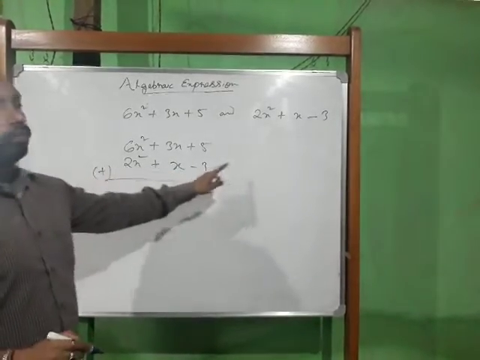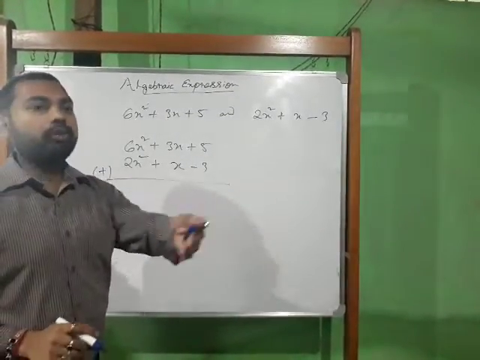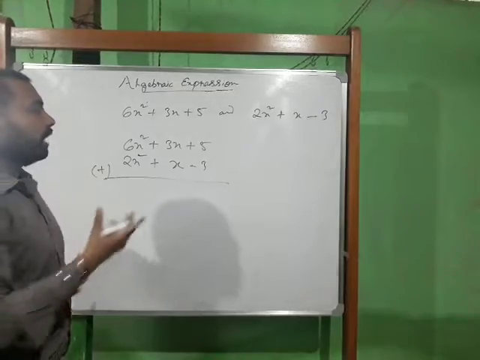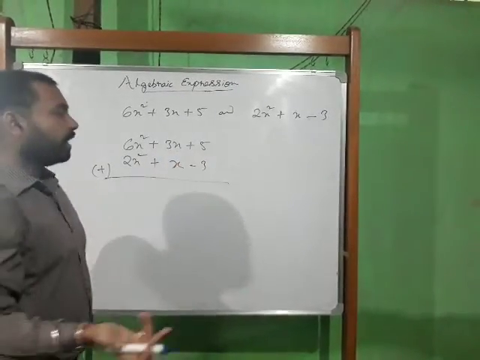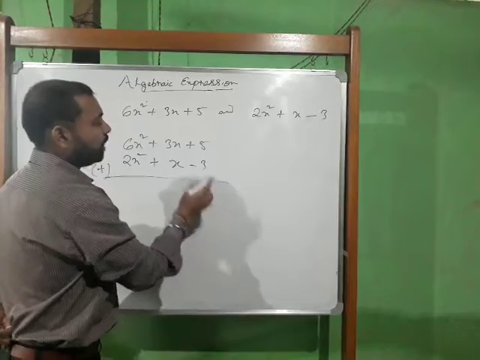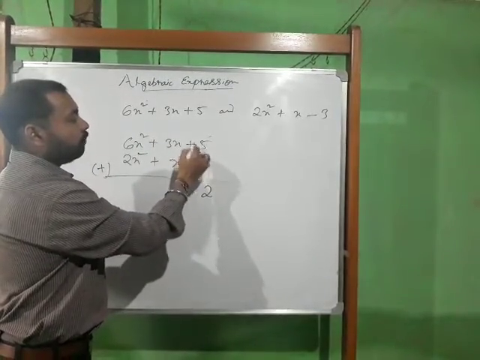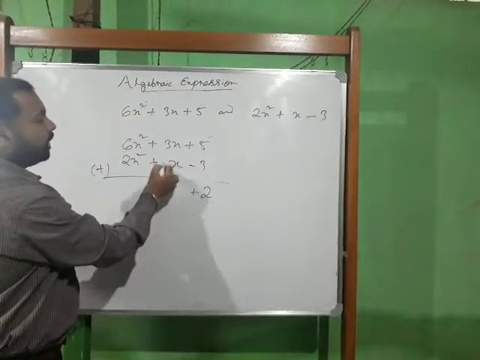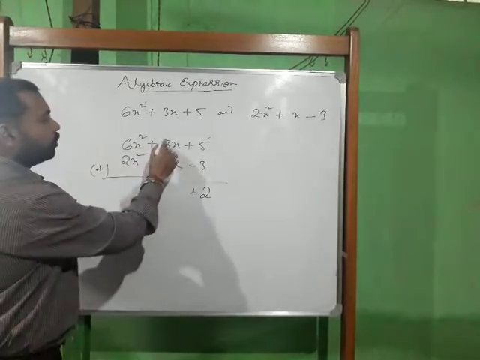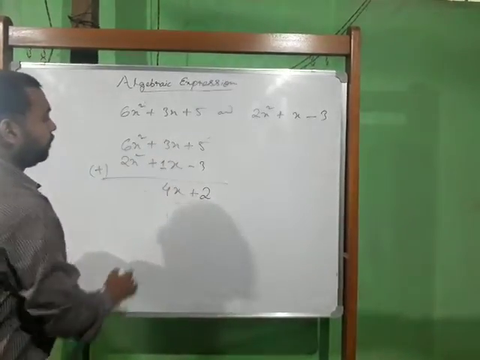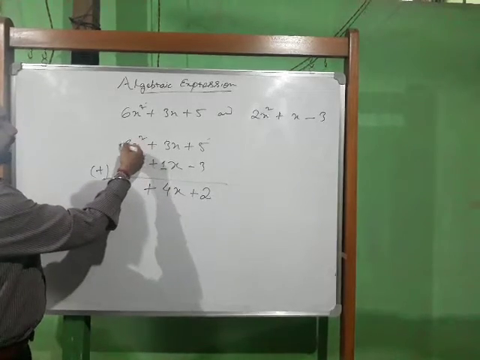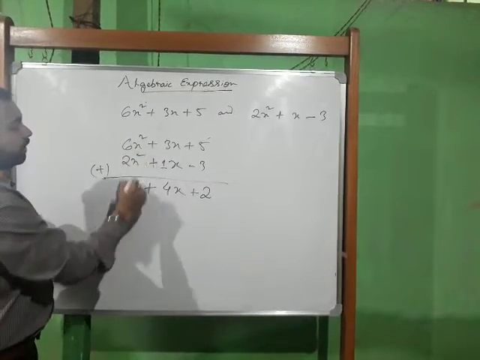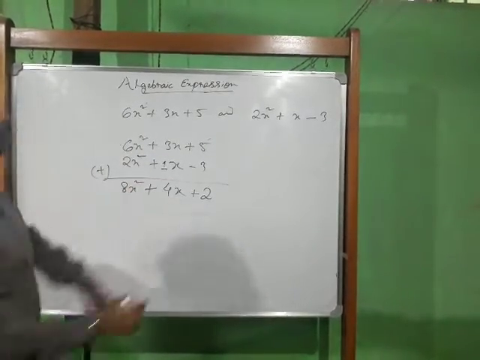For addition no sign will be changed. When we do subtraction it will be more clear to you. Simply add now. Plus and minus go with the algebra rule: plus minus is minus. So 5 minus 3 is 2, but 5 is greater, so we use the plus sign. Now again plus and plus will be plus. Nothing is written means the coefficient is 1. So 3 plus 1 is 4x. Now the same plus, no sign is there, that means plus sign. So 6 plus 2 is 8, and write the variable x square. So in this way we can add two polynomials.